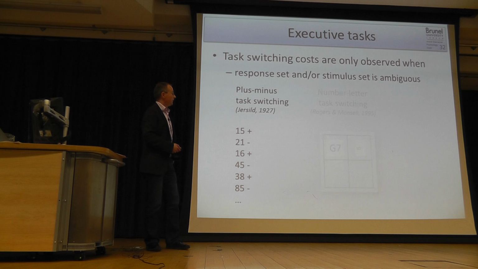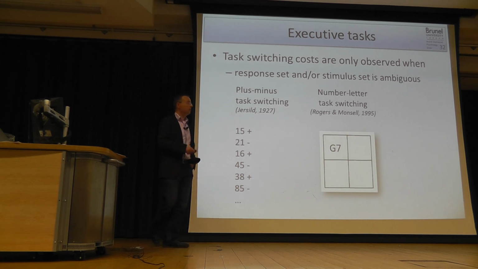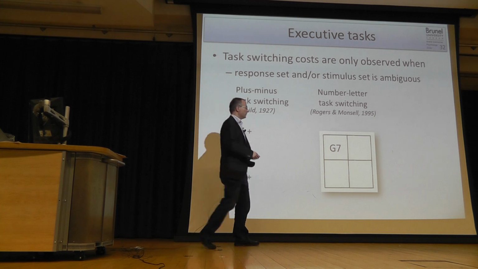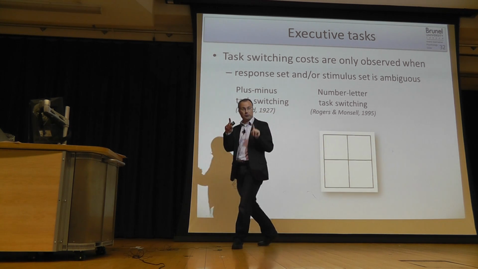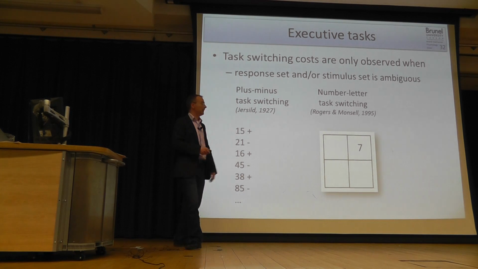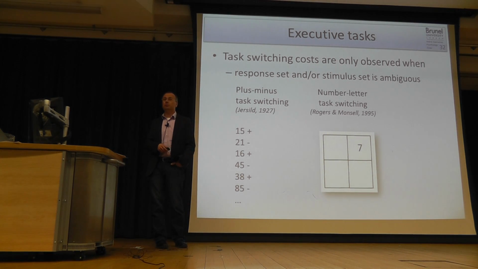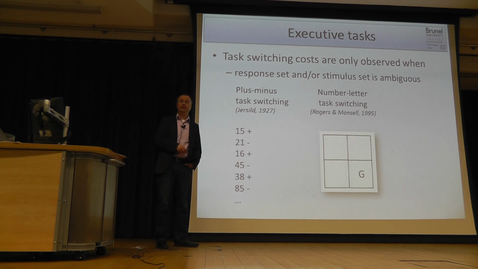So you need this ambiguity. Same thing with the Rogers and Monsell paradigm. You always present both potential stimuli in the quadrants, and you have mapped the responses to the same fingers. Do the paradigm like that, but present only the stimulus you need to do the task on, like only the 7 here, and then the G here, and task switching costs are gone. So that's a little bit